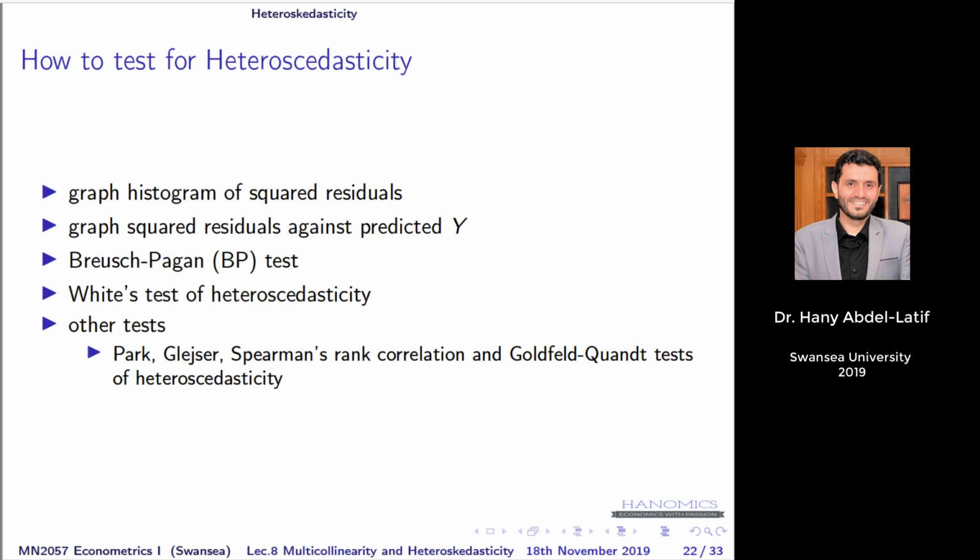What is the null hypothesis? How to calculate the test statistic, etc. So just remember how to test or how to detect heteroskedasticity. I hope now you know what